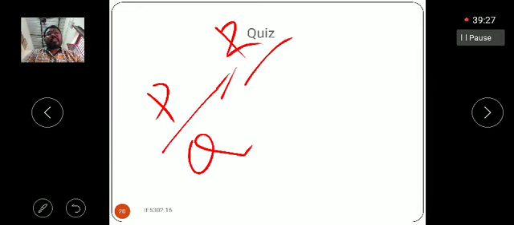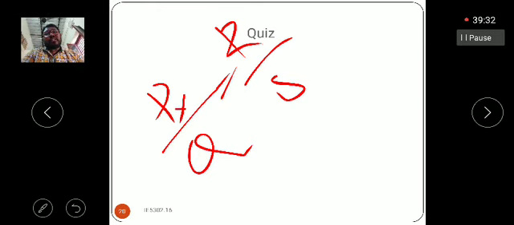In this concept of the Wheatstone bridge, we are measuring the unknown resistance in a simple way based on ratios only. With the help of the four parameters' ratio, we calculate the unknown resistance. The only condition is that the bridge must be balanced. That means, for example, the ratio P by Q is equal to R by S, and then we can easily find the unknown parameter of this ratio.